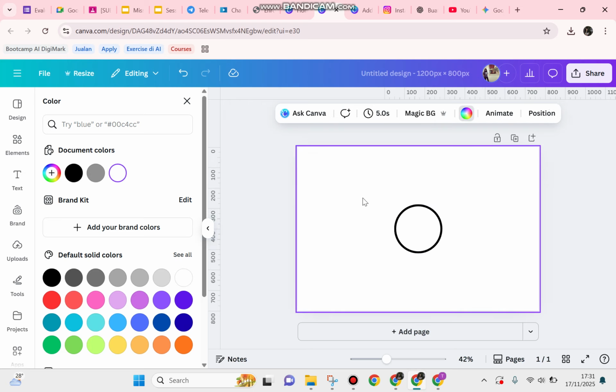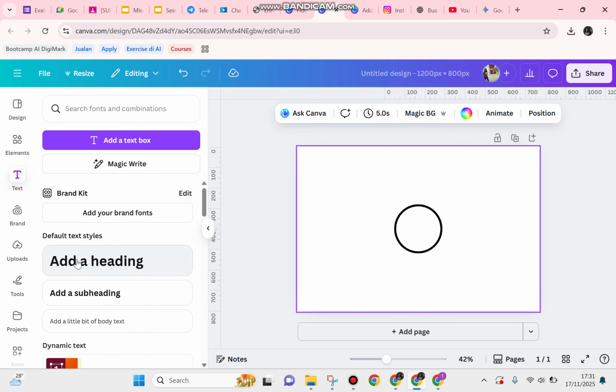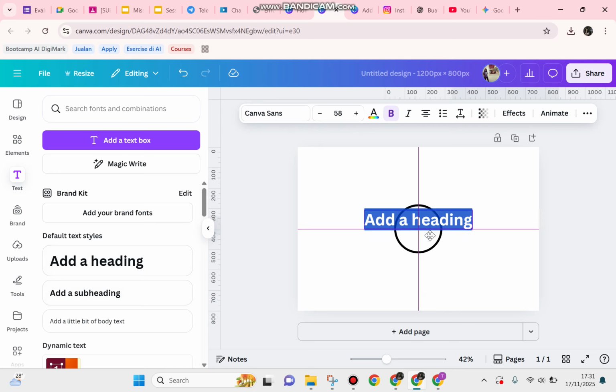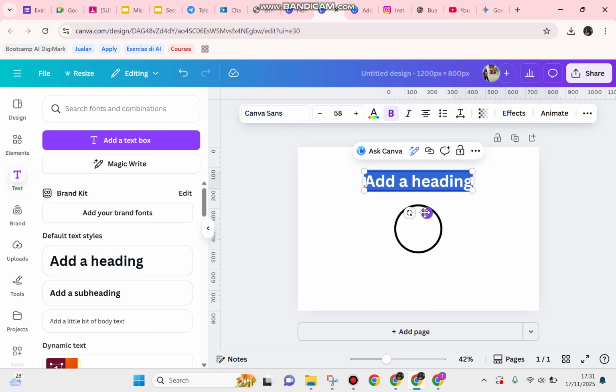And the next step will be adding the text. So you can click this Text and click Heading. For example, you can create it as a sample for your document or for the logo of your organization or business. You can apply this tutorial to make that stuff. And for example, I will start to create the